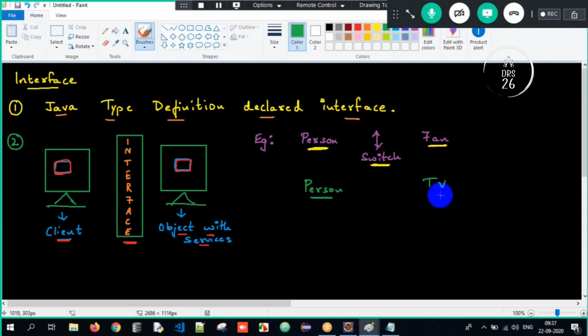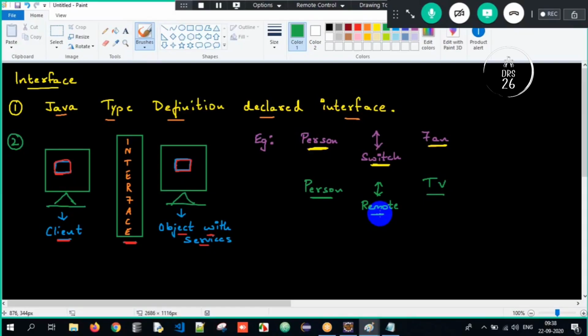This person wants to change channel. He's watching some cartoon, now he wants to watch some sports channel. What will he do? There is an interface between the person and the TV. It's the remote. If he wants to change the channel, he'll make use of the interface between the TV and the person. It's the remote.